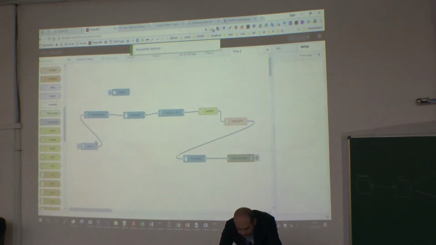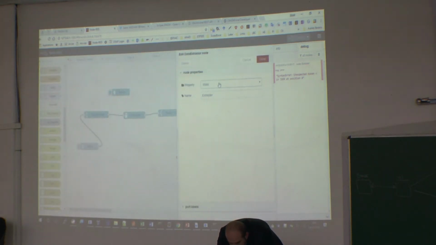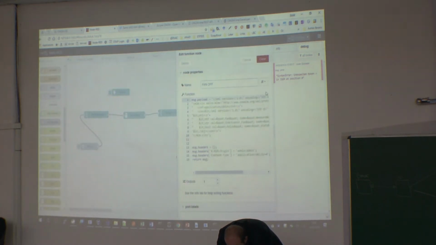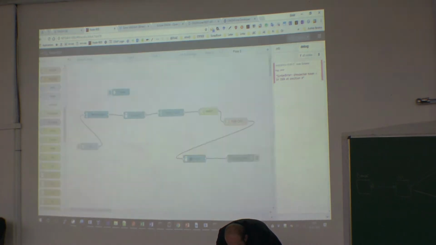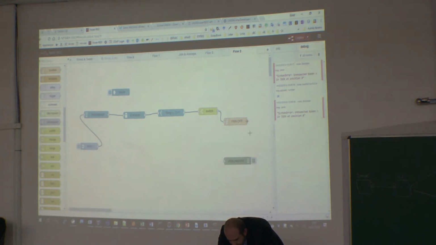Oh, sorry, I made a mistake. Payload. Okay, my extractor is not working well, but